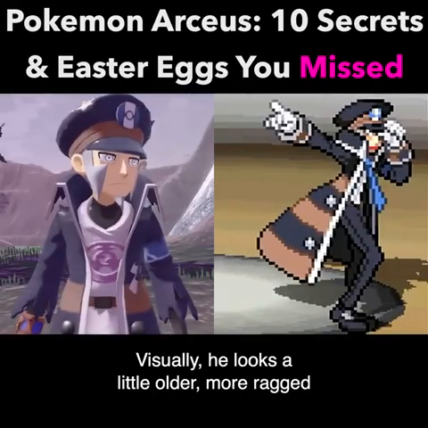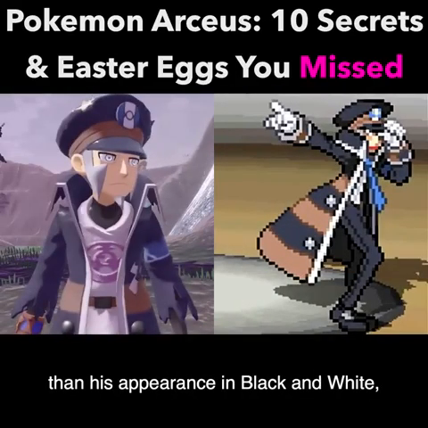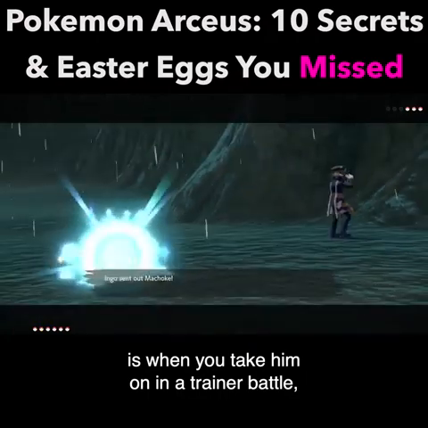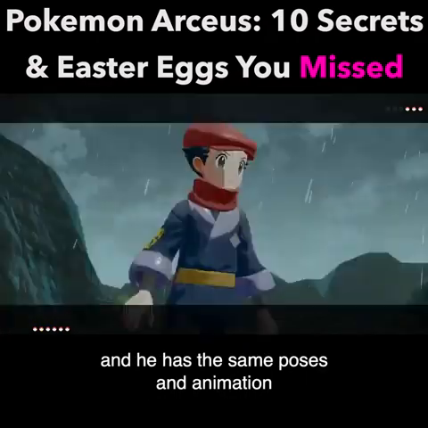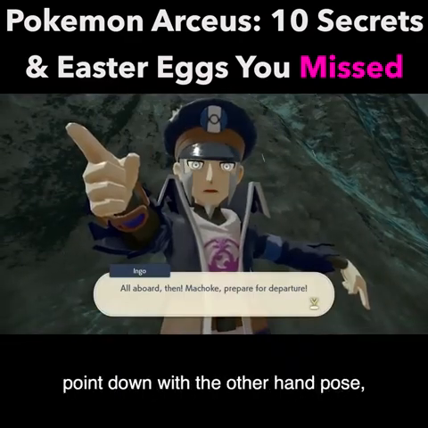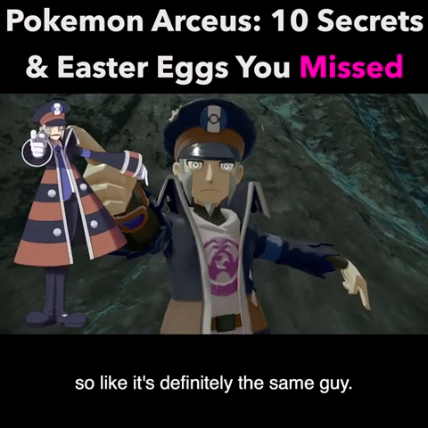Visually, he looks a little older, more ragged than his appearance in Black and White, but what really gives it away is when you take him on in a trainer battle, and he has the same poses and animation as the character in Black and White. He even does the point forward with one hand, point down with the other hand pose,